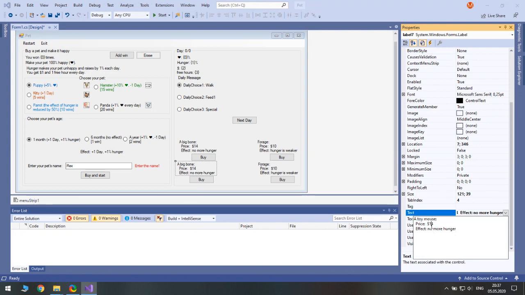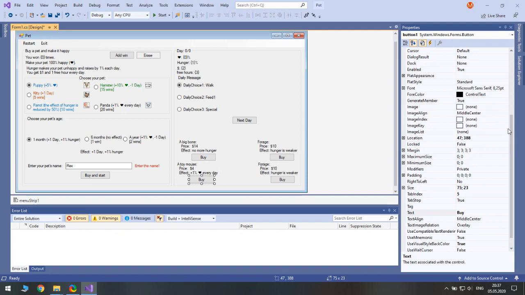Its price should be small because it will just give a small bonus every day, like +1 percent happiness every day. So if you play as Panda, you will get 2% happiness every day with this item.